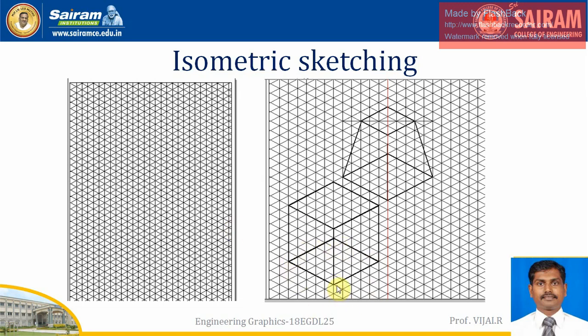from here you have to count 1 2 3 4 5. Okay, like this. In 30 degrees we make a line and 5 boxes. Here 1 2 3 4 5, intersection of 5, and you will get this 5. Join this parallel to this, you will get the bottom face. And vertical lines will give the height of the job, whatever it is, 50 or 60 or 70, we have to draw vertical lines only for getting height. So from here also, intersection 1 2 3 4 5 6, so it's a height of 60 mm.